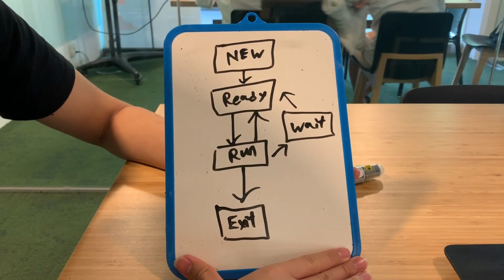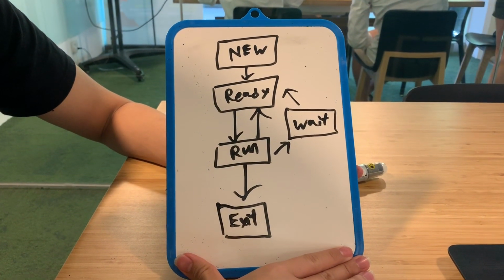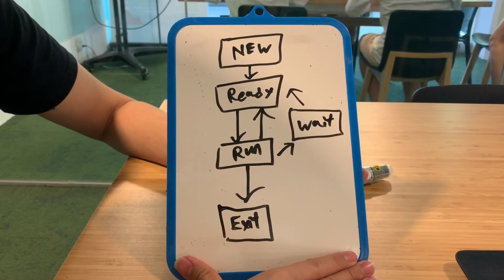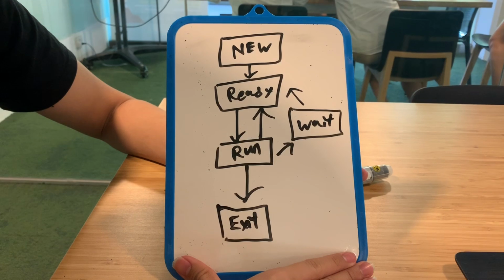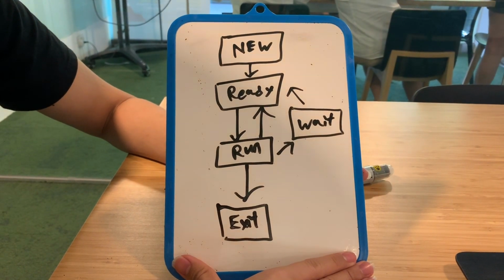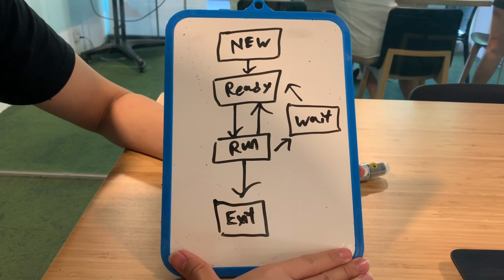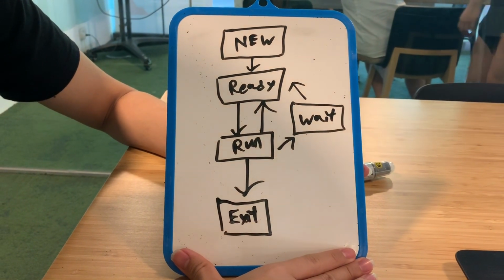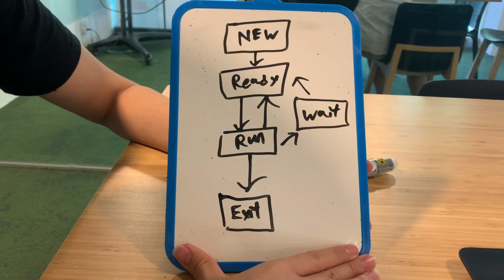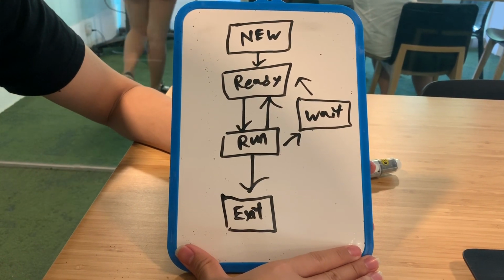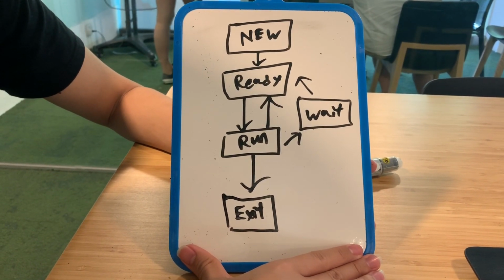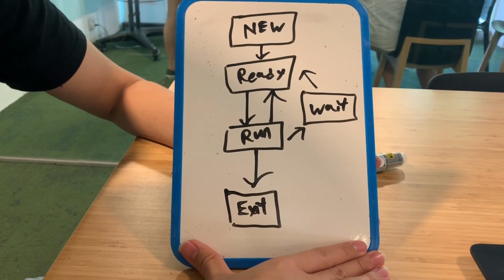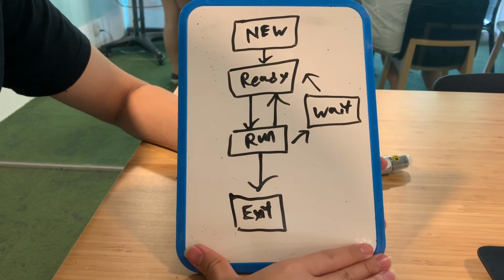Okay, so for processes, there are multiple process states. A few of them are shown in the diagram below. There's new, which is when a new process is created. Ready, when the process is waiting to be assigned to a processor. Run, when the instructions are being executed. Wait, when the process is waiting for a certain event to occur, such as getting an input, output, or a signal. And finally, there's the exit, when the program is terminated.